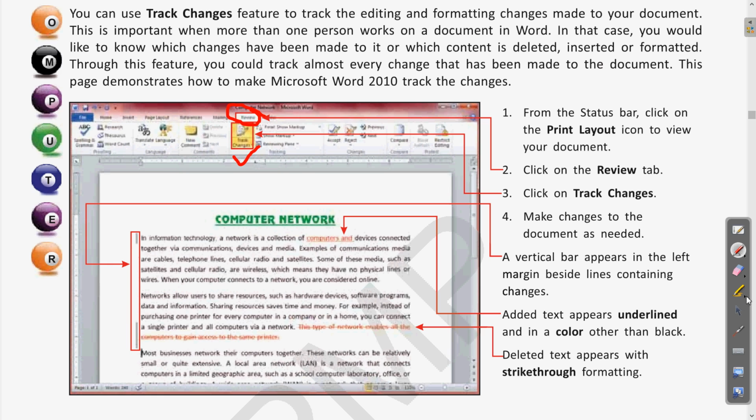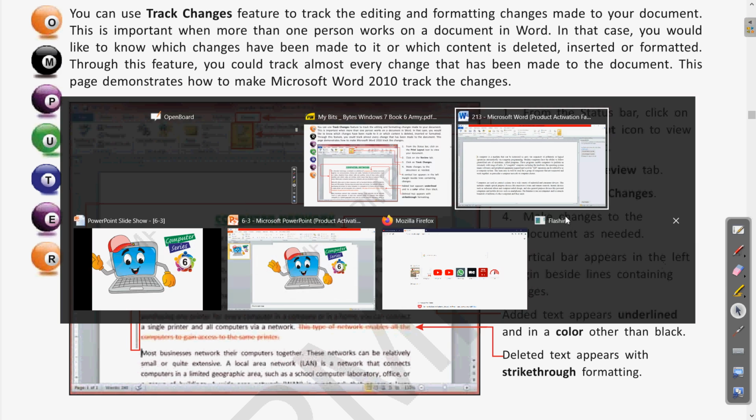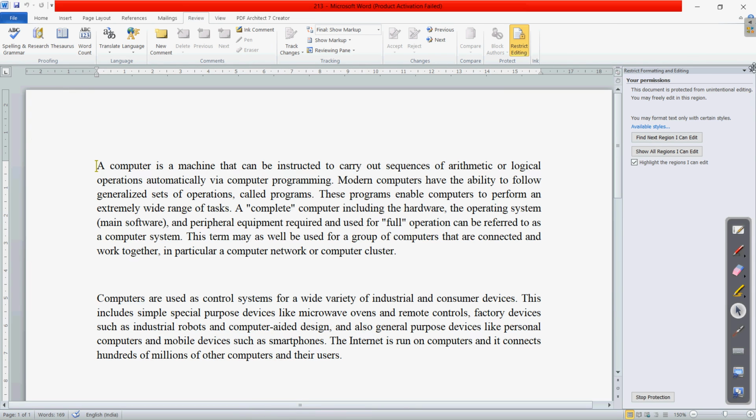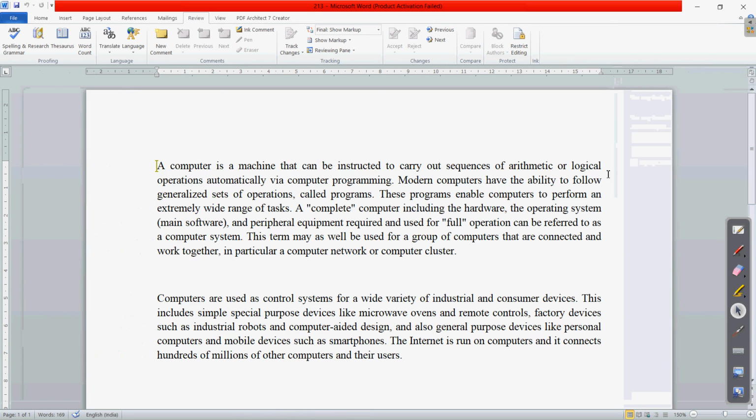now let us delete this and come to our Word document, and we will apply this. So password protecting we have just seen. Now, as it is suggested to us, we click on the print layout. Right now we are already in the print layout view. Now we have to come to the review tab.